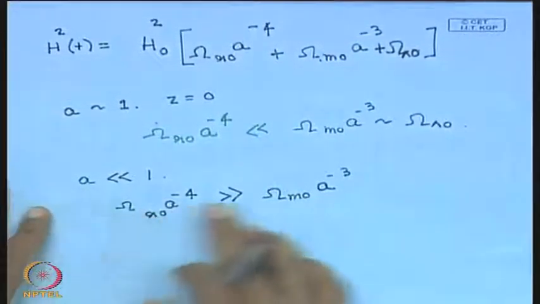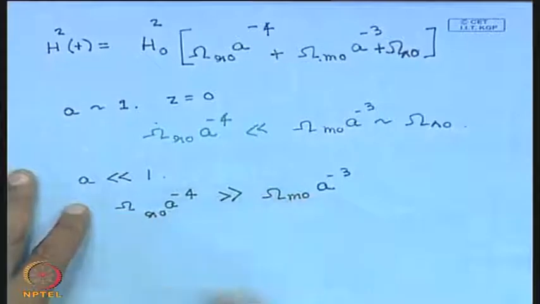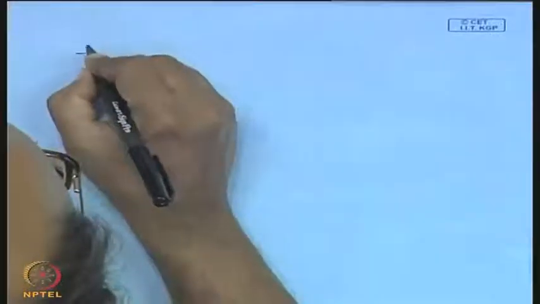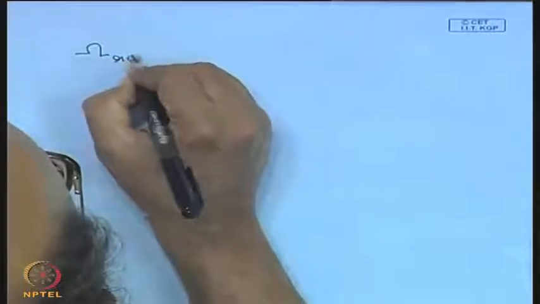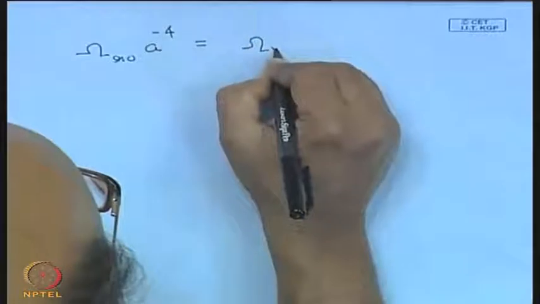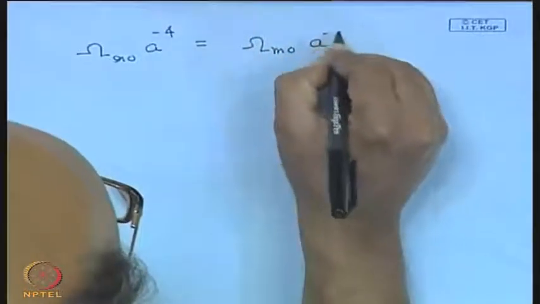So, the transition will occur at the epoch where omega r naught a to the minus 4 is equal to omega matter naught a to the minus 3,